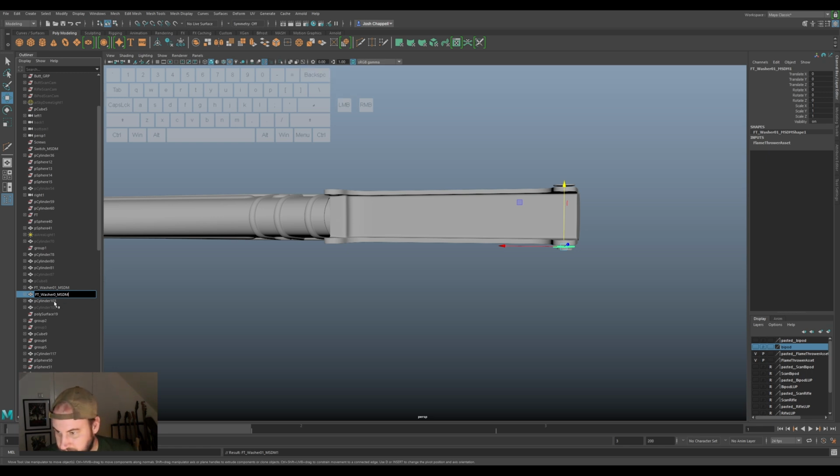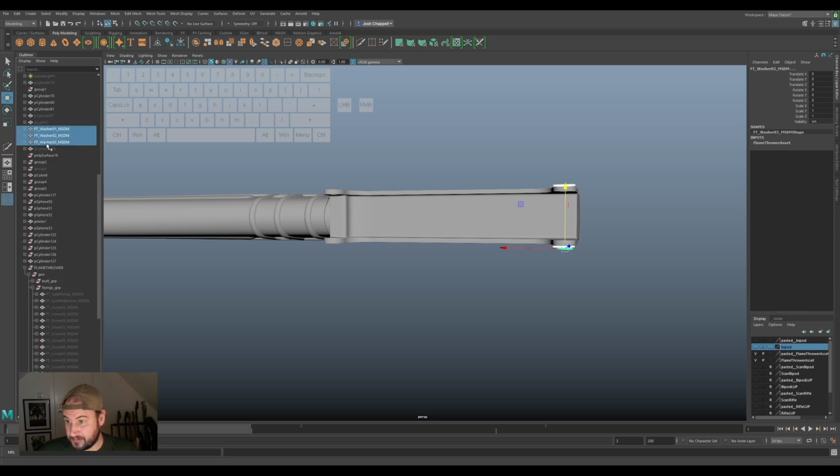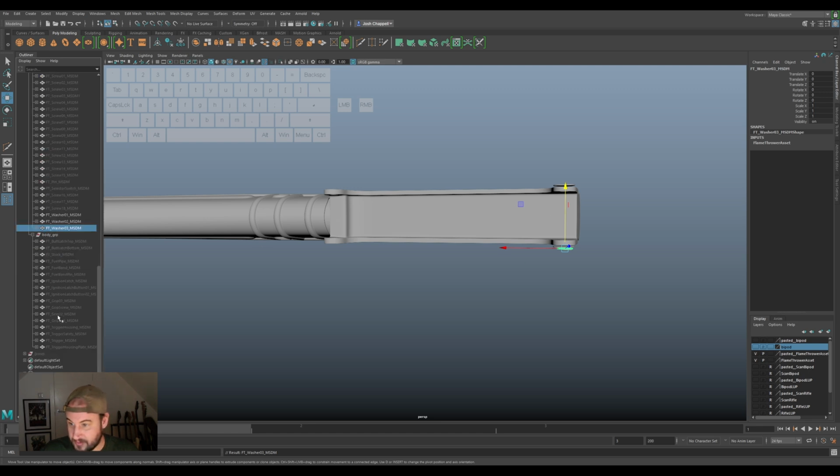Hoping that would automatically do that, but it didn't. So, I know I keep reiterating, but yeah, it's very important to make sure everything's tidy. And you might even want to go into more